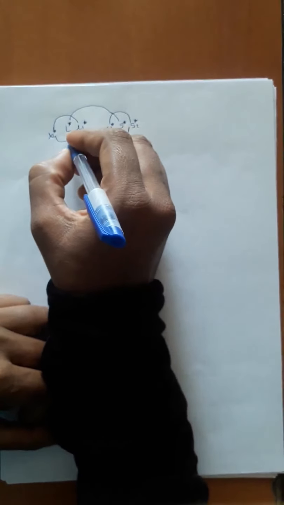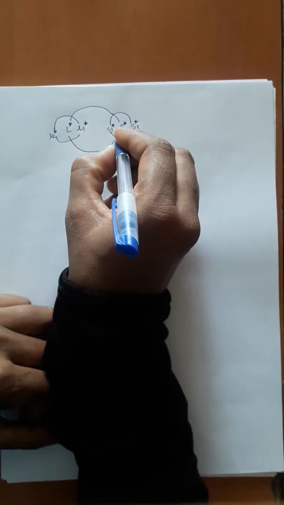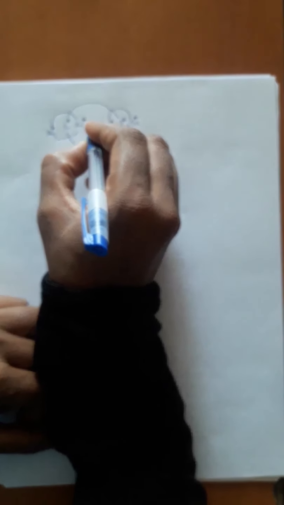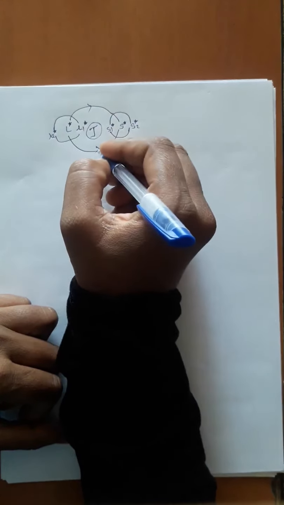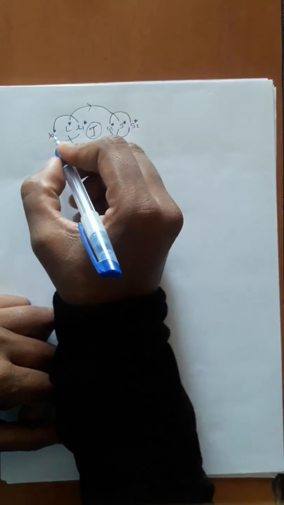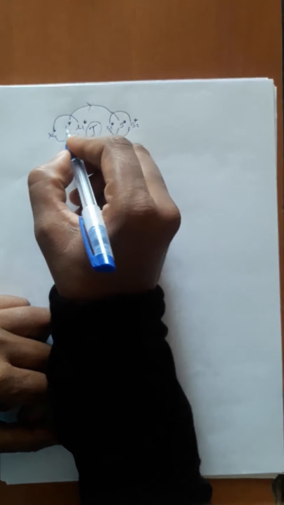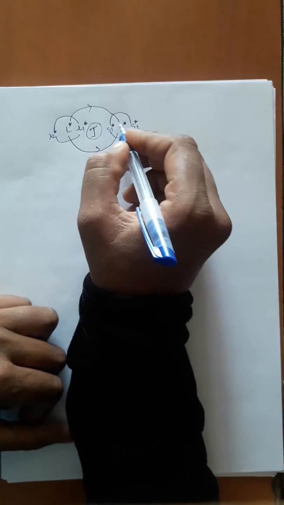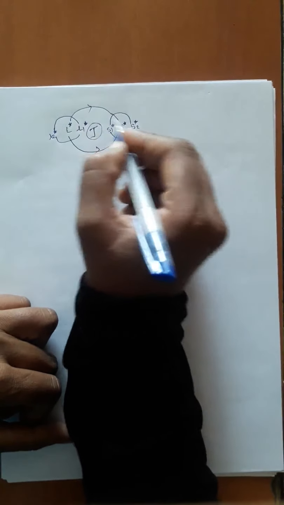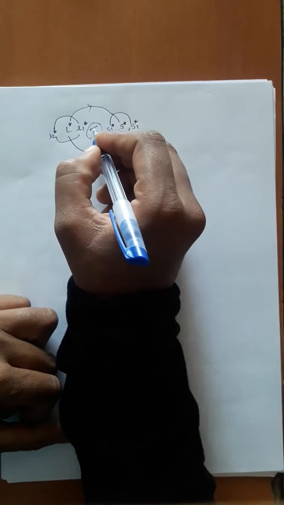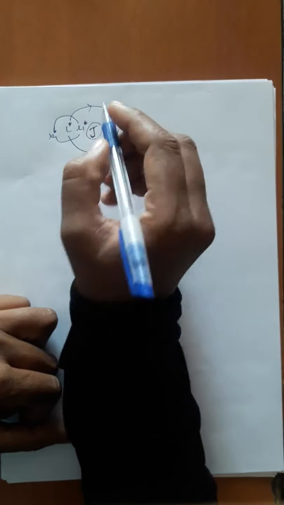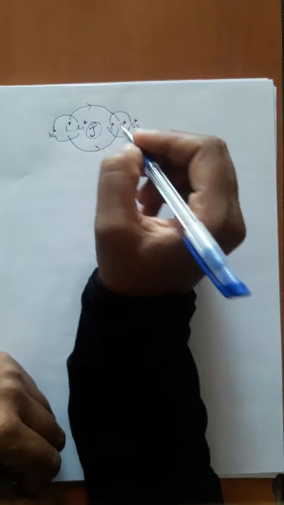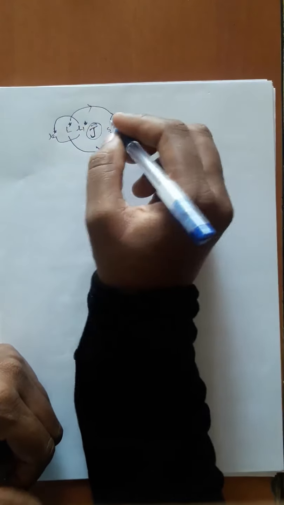Then this L is combined with this S, and we will get the resultant angular momentum J bar. These L1, L2 are combined to give the L star, these S1, S2 are combined to give the S star, and this L star and S star are combined to form the total angular momentum J bar. This is all about the LS coupling.